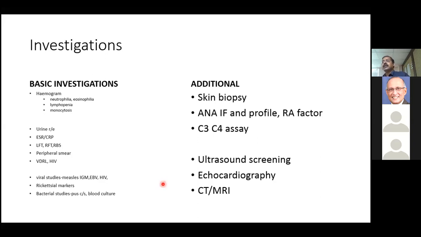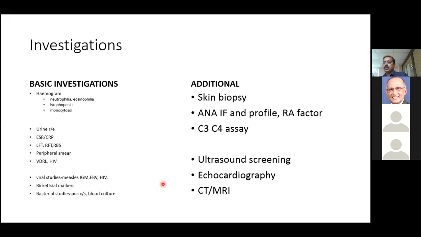Now, sometimes there are occasions when none of this gives a clue. As I mentioned in the case of lymphoma, a skin biopsy may be helpful. Most often in a maculopapular rash, skin biopsy will just give upper dermal infiltrate, either of a eosinophil or a plasma cell or a lymphocyte or a neutrophil, whichever. But that infiltrate actually gives a pointer to some extent. So a skin biopsy may be required when it is a persistent maculopapular rash.